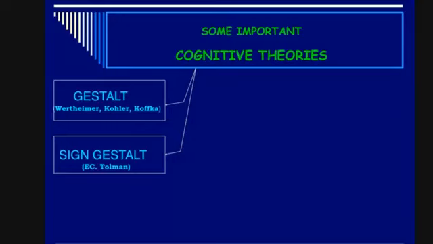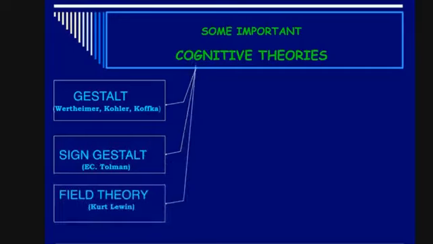He believed that the brain is mapping. This is called cognitive mapping. When you go to a strange city, within a few days, if you are trotting through the different streets, later on you will have a cognitive map to reach different places, including the place of your stay, your residence, right? This is Tolman's theory. Next comes the field theory.